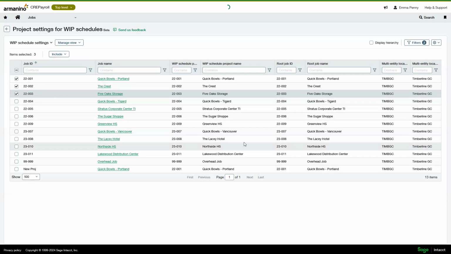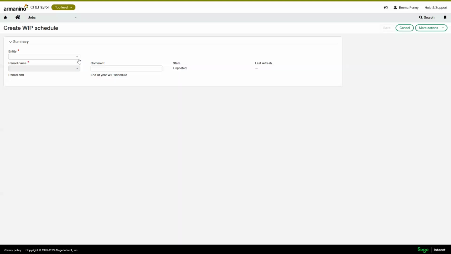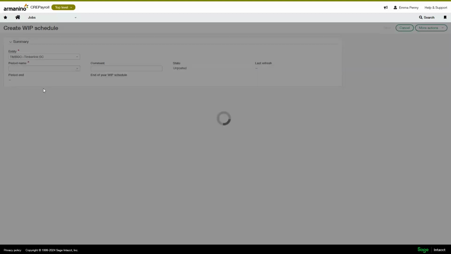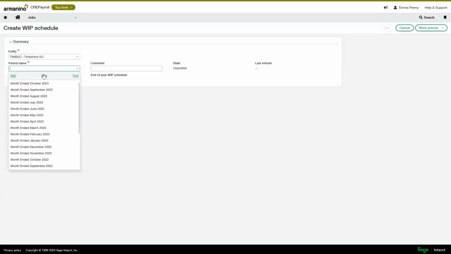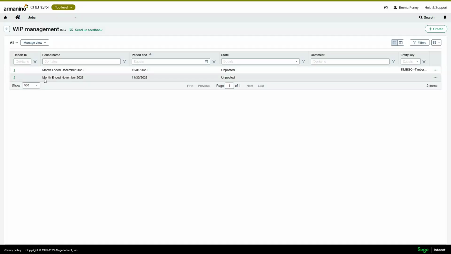And then as far as the WIP management tool, basically you're going to come into this screen, click the create button here, and then per entity, I can choose my entity, and then I can choose the period that I'm creating this WIP schedule for. So you do that, and then you can see I've already created 2 here. So looking at the November one here, if I click on this little ellipses here and go over to edit,